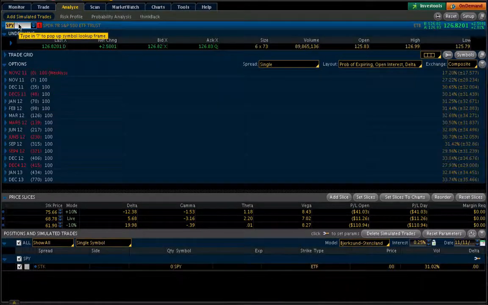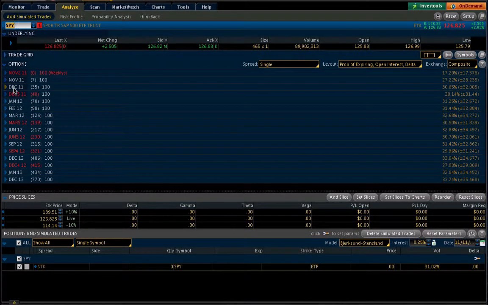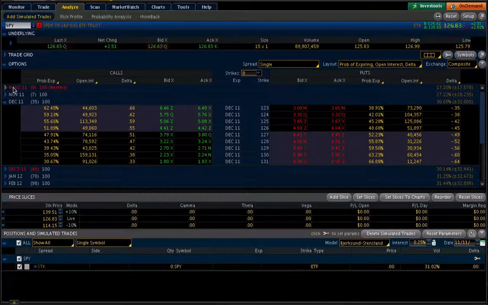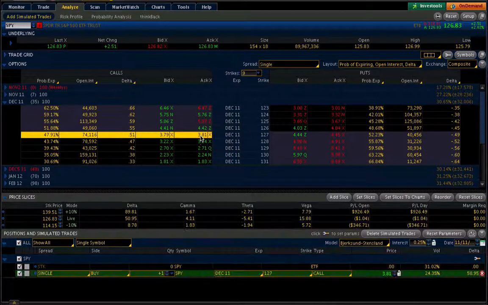Let's go back to the SPY here. We go to December. Now, before I go into different types of options, when I say contract, let's say we buy a call on the SPY. We think it's going to go up, at 127. So we purchase a call. Now, one contract is equivalent to 100 shares. So let's say